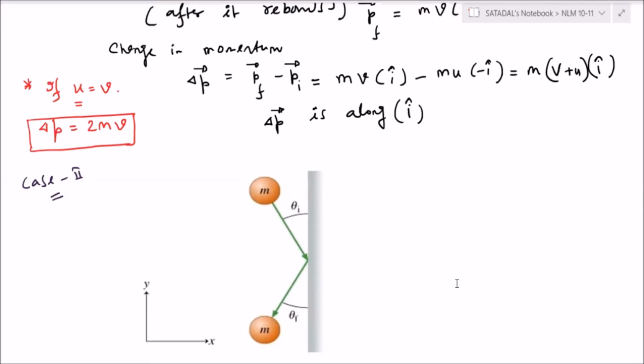Sir, change in momentum is 2mv, no, sir? Yes. Sir, that means after striking the wall, the velocity becomes twice? No. Absolutely not. The mass remains constant, so that means velocity becomes twice? No, how? This is the difference between initial momentum and final momentum. It was approaching the wall with mv, coming back with mv. So speed remains the same. This is not momentum. This is change in momentum. Be careful. Okay, right?